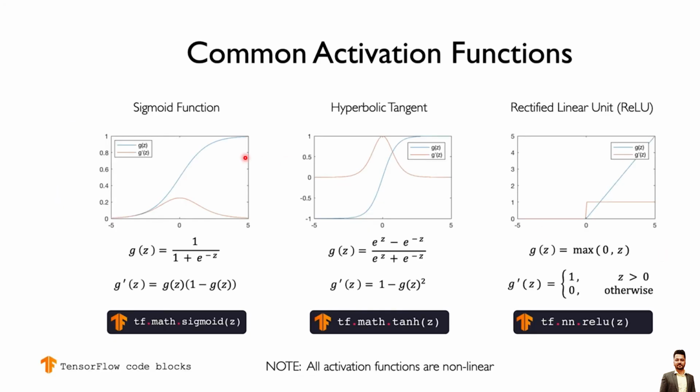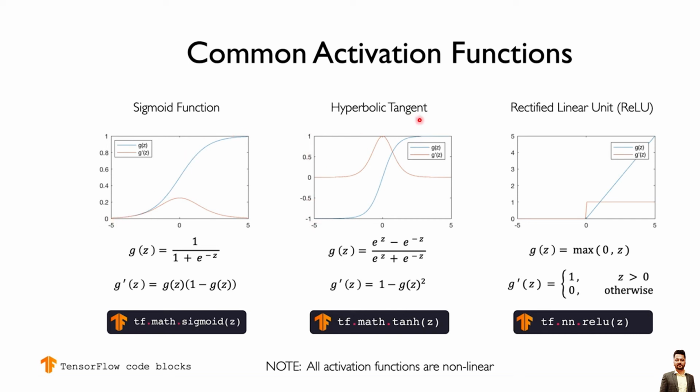Now these are the common activation functions that I had mentioned earlier. This is the sigmoid function where g of z is this blue line, and g dash z, the first derivative of that function, is this curve. So g(z) is equal to this and g dash z equal to this. I hope that you know how to do the differentiation. And similarly, this blue curve is in the range of -1 to 1. Now sigmoid had this range of 0 to 1.